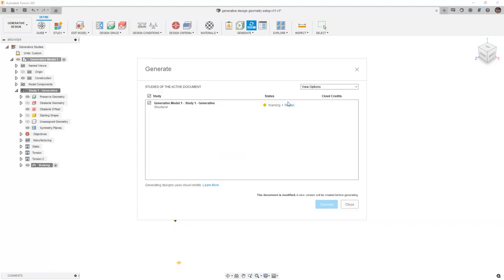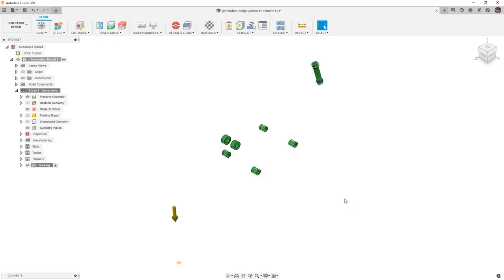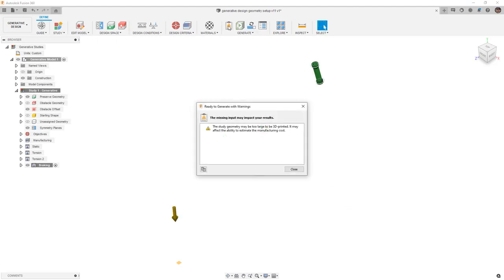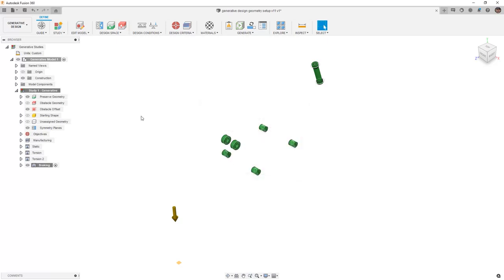It's important to note that we still do have a warning, and the warning is telling us that we have an issue with the size of our part and that costing is going to be a problem and that the additive manufacturing or 3D printing is going to be a problem because the part is just too large. Since we're not using that manufacturing method, that's okay. But it's always a good idea to double check. You can select Repair from here, or you can go back to the pre-check and take a look at what it's telling us. So the studied geometry, too large for 3D print, that's perfectly fine again because we're not using